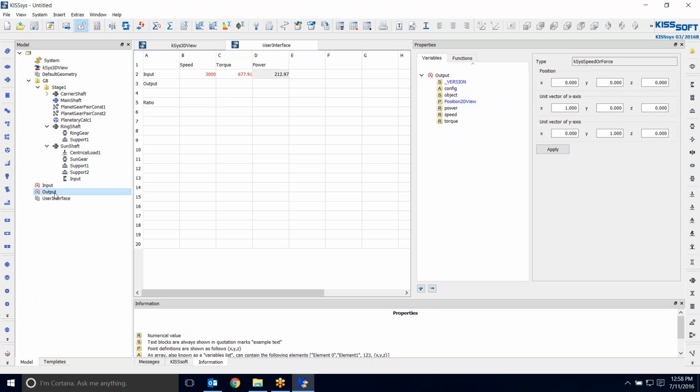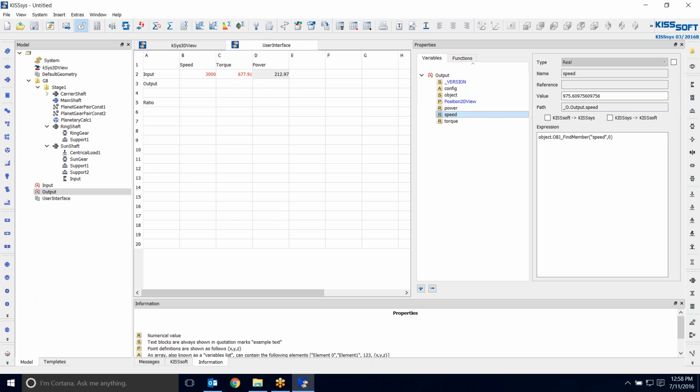Output, same thing. We grab the output element. This time we're going to move it over as an expression because it's a calculated output. The torque is also an expression, and the power is also an expression. The ratios,